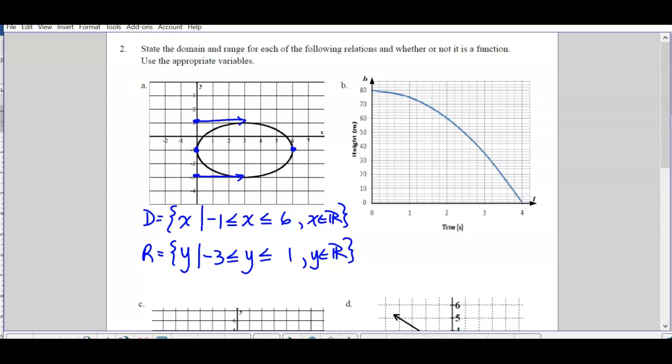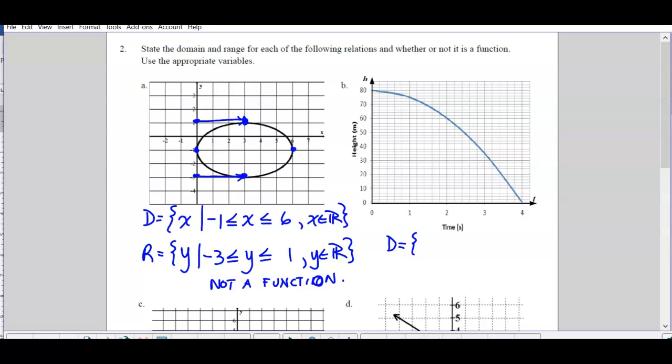This does not pass the vertical line test. For example, here, there's 2 points with the x value of 3, so this is not a function. Sometimes we abbreviate function to fn, okay, or fun. Math is fun. Functions are fun. Okay, so next one,